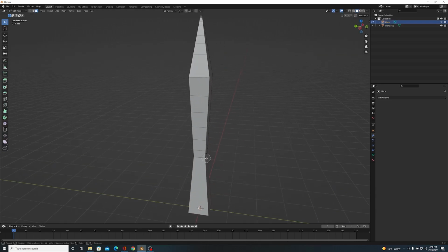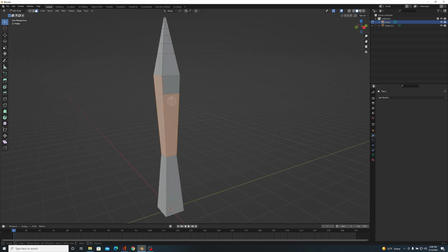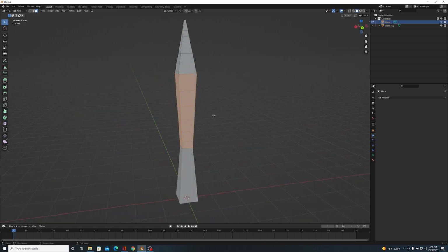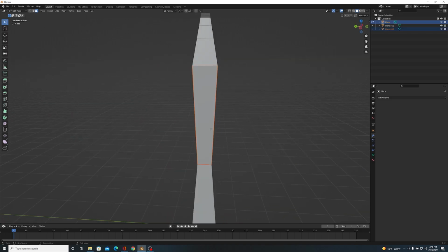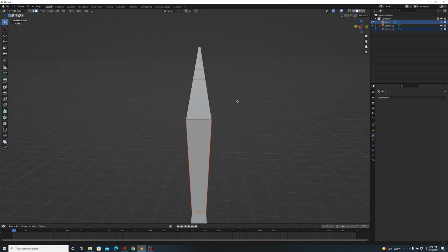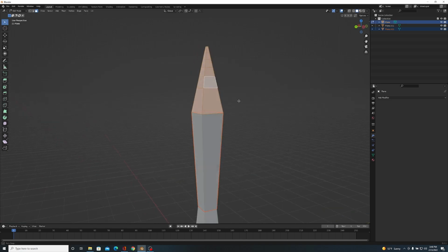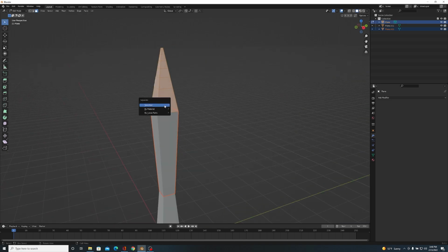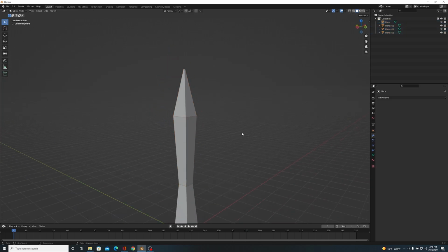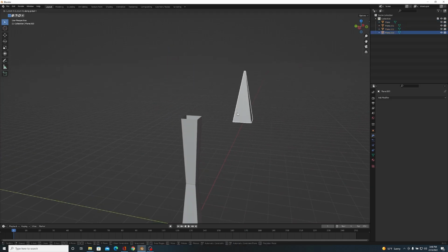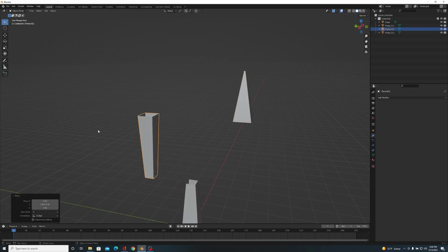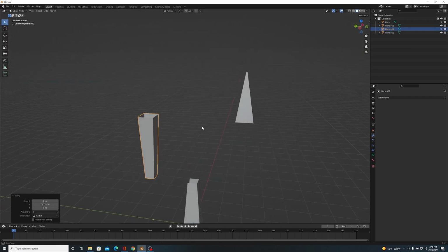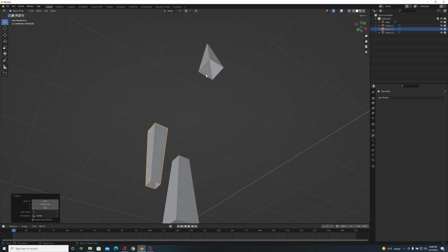So we're going to do this for the other two sections here. We're going to go and select all of these. Bam, and then hit P by selection. And now once you get up to this top piece here, you can just select anything and then A on your keyboard, and it will select all the remaining points for you. So then just hit P by selection. And now if we go back into object mode, you'll see we have 3 separate pieces.